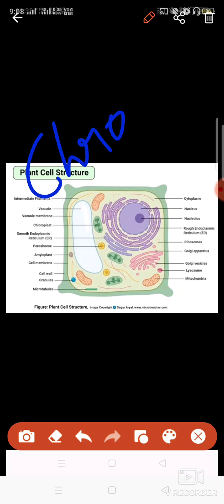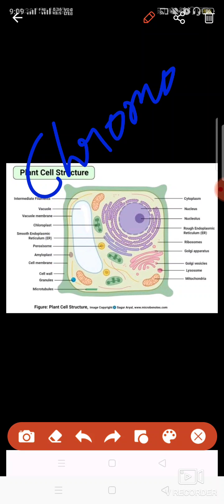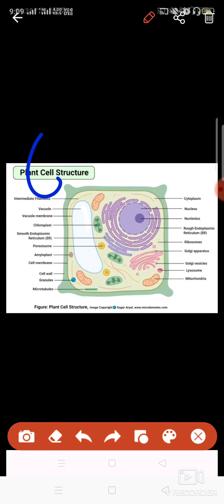Chromoplast, chromo, as the word suggests, is related to color. So basically it is present in the parts of the plant where color is going to be imparted, like in the flowers or the fruits. So its function is to impart the color. And then